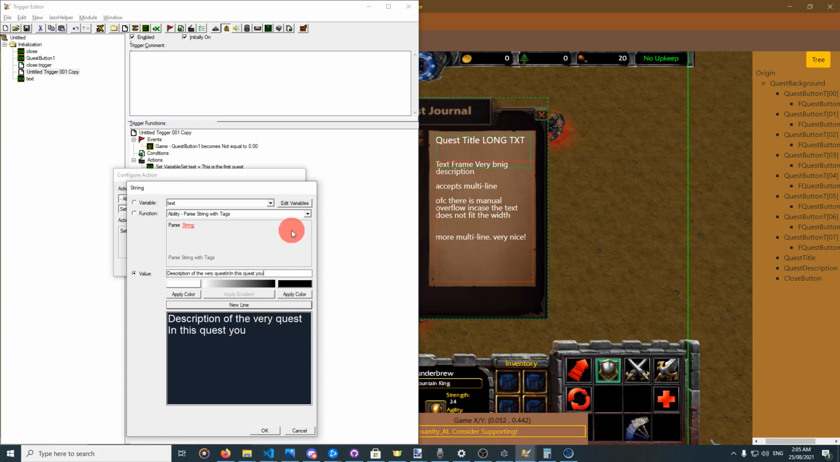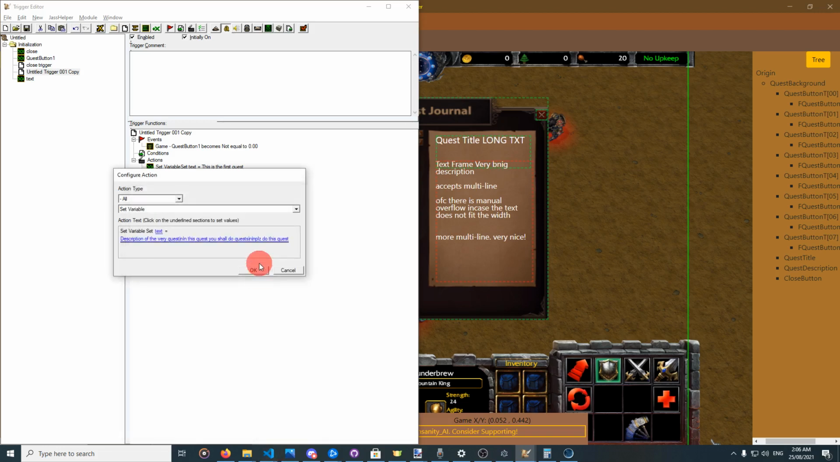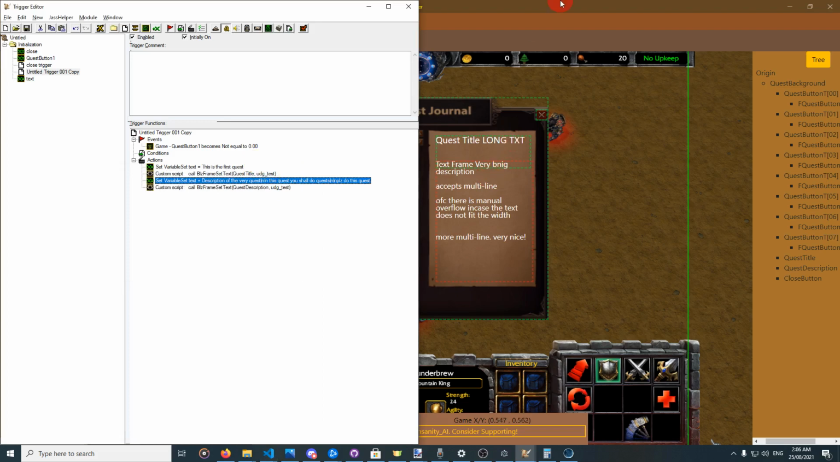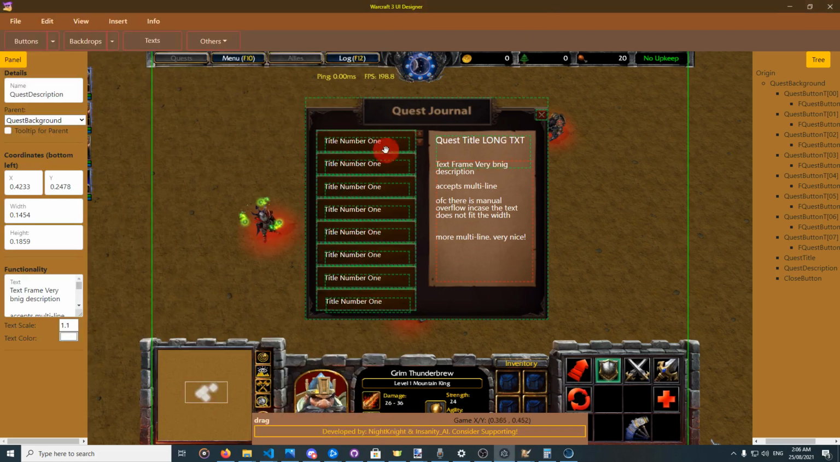In this quest, you shall do quests. Another two more lines. Please do this quest. And then okay, press okay, press. So now when the user presses this button is the text above it. The text does not cancel the button. When the user presses here,